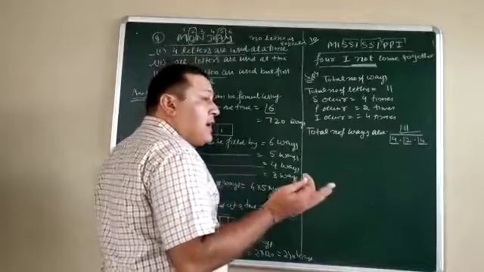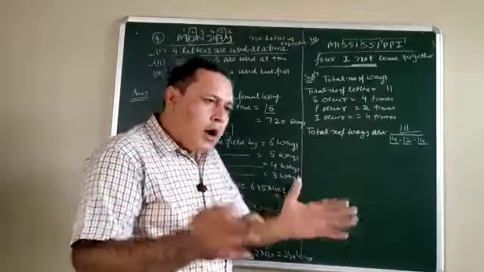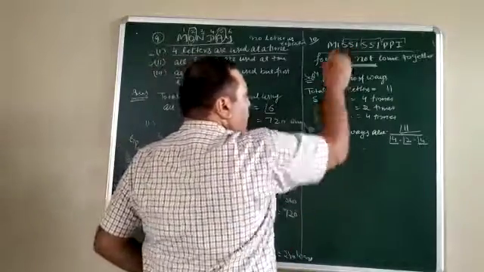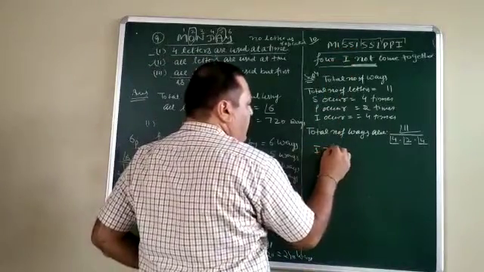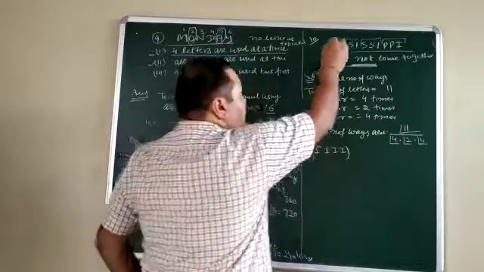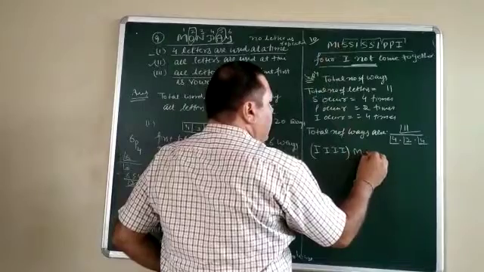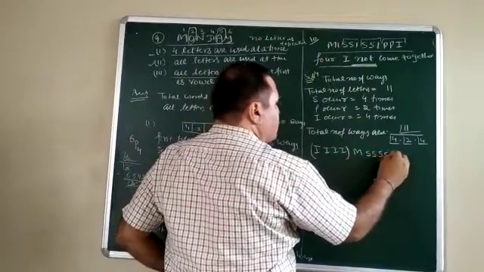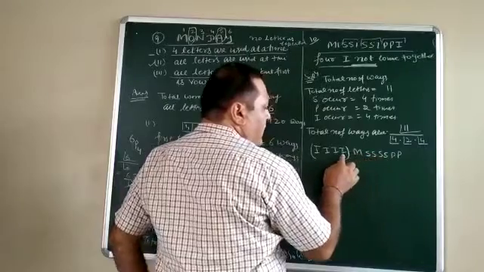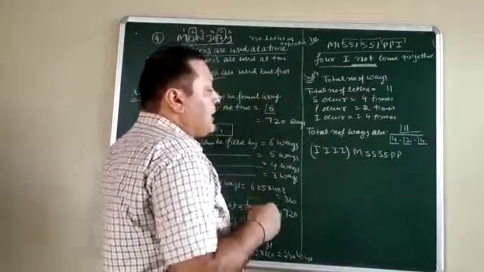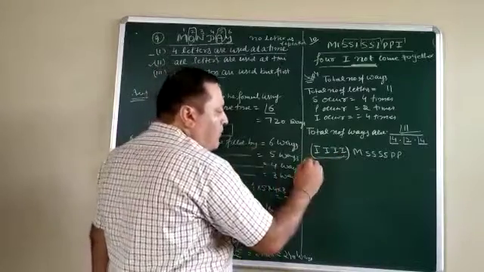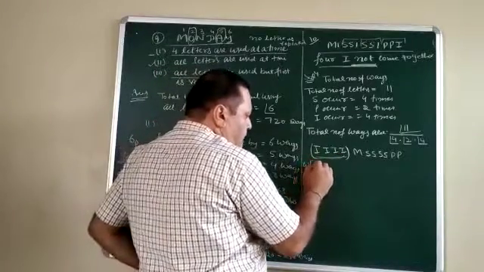Let us suppose that these 4 I's come together. We suppose them in a group, I, I, I, I. These 4 I's come together. What is left here? M, then S, double P. 1, 2, 3, 4, 5, 6, 7 and 4, 11. We say the 4 I's come together.